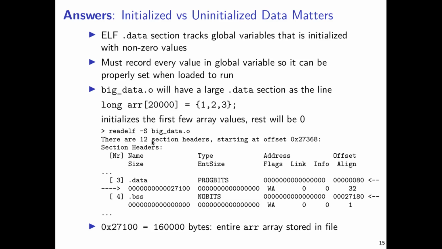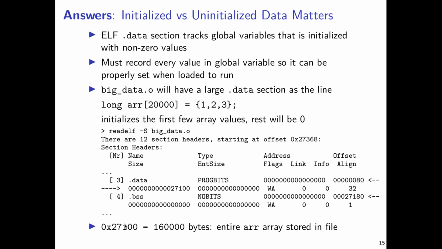Running this command, you'll see some section information printed out before you. There's quite a bit of it, so I have omitted those things that are not of any great import. Importantly, though, there's a .data section, which we described earlier as storing some sort of initial values in it. And present there is a series of digits associated with its size, as in 27100. Now, you'll notice then that the offset of the next section, which is stored immediately after it, this BSS section, starts at this 27180. And that's accounting then for this data section starts at byte 80. It is 27100